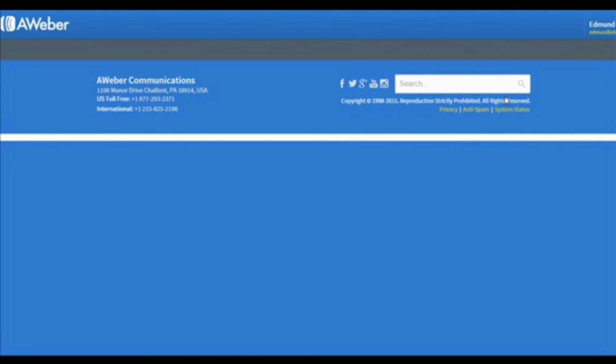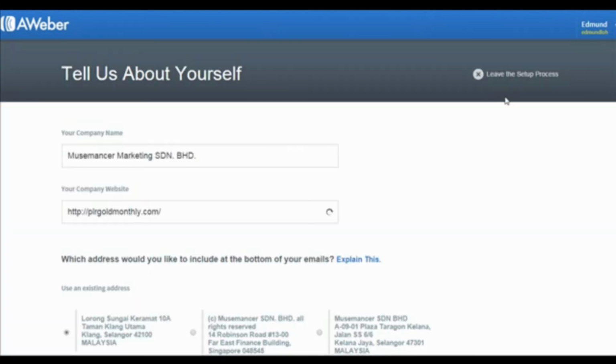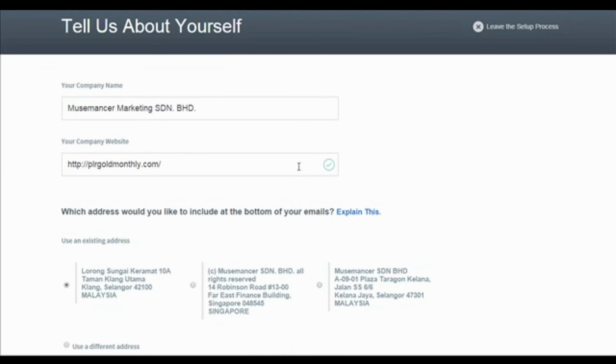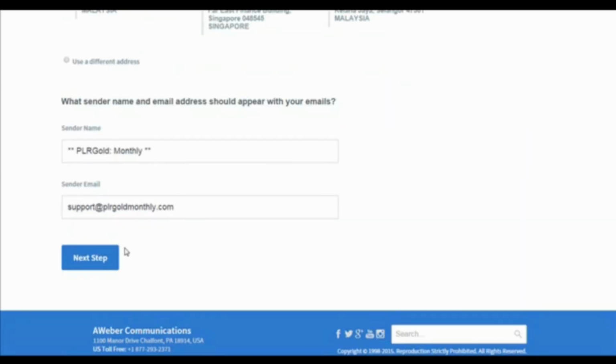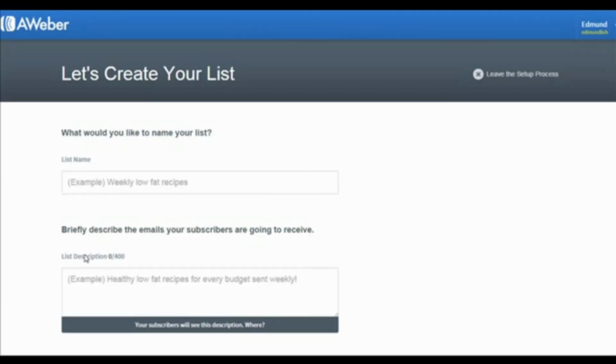And then you'll see this page, Tell us about yourself. In this page, some information may be auto-filled by Aweber if you have already completed the basic configurations in your list settings. If you have yet to fill them in, fill in the necessary information now and move on to the next step. Once you're in this page,